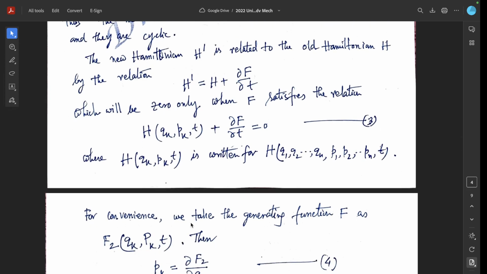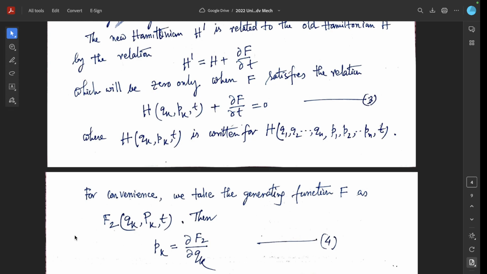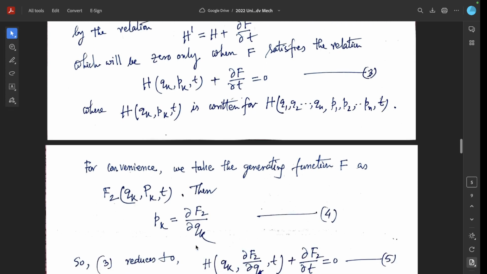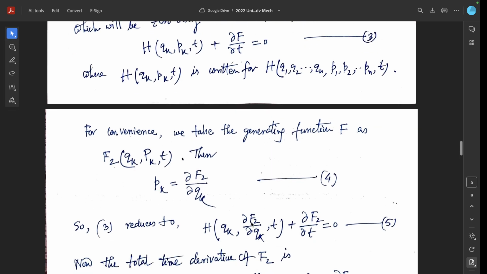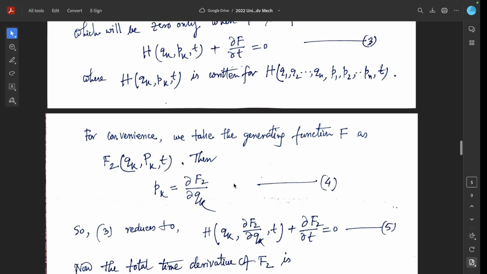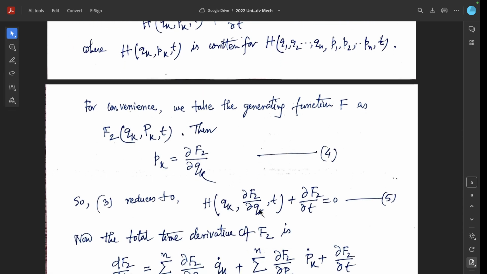For convenience, we take the generating function F as the F2 type, F2(qk, Pk, t), then pk equal to del del qk F2. So 3 reduces to H(qk, del del qk F2, t) plus del del t F2